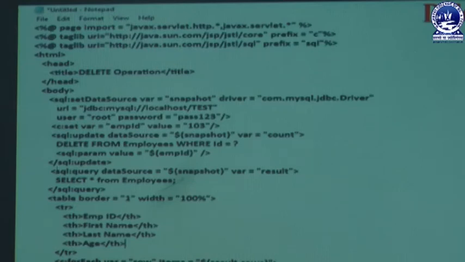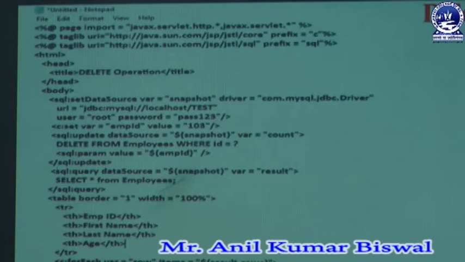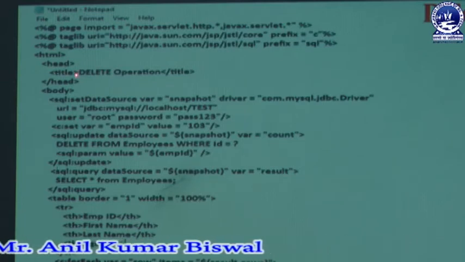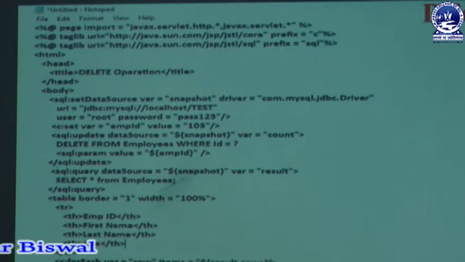In that part we are mentioning some HTML commands. Through that HTML command the user can write the delete operation in it, but how it will be represented we are learning now. Then we can write a head section. In that head section we are mentioning the title of this program, that is known as delete operation. Then we are starting the body section.